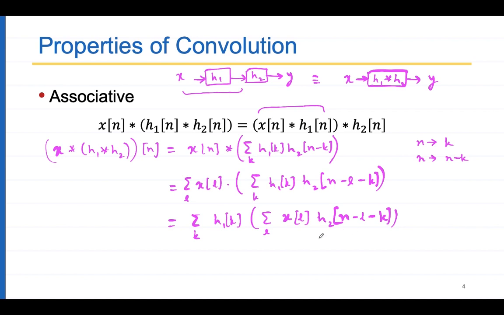And now consider this term. So to go back, I replace L with n, and in the second term I replaced n minus L with L. I have to go back to the convolution notation now. This means summed over all k. This is h1 of k as it is, times this becomes x of n convolved with